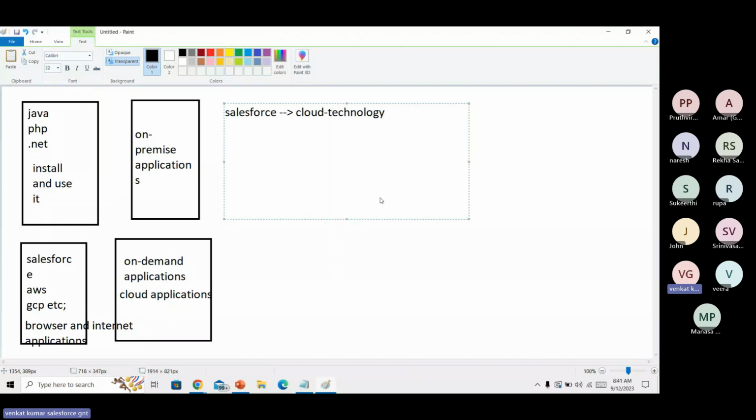I'm saying again, it's a CRM tool. CRM is nothing but customer relationship management, the relationship between the customer and clients.